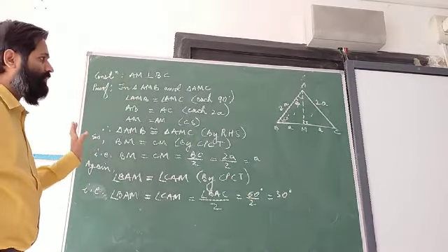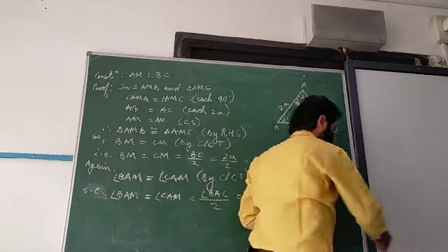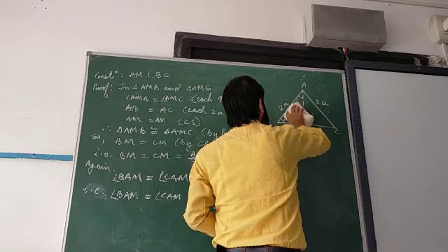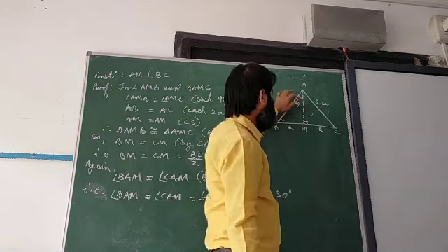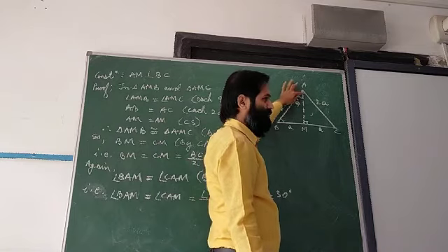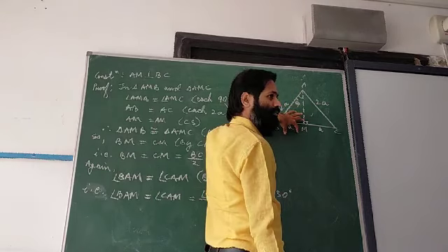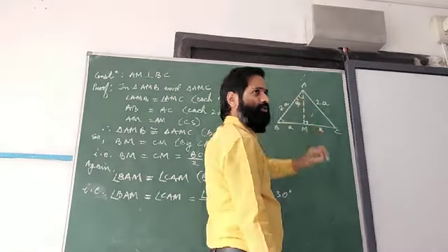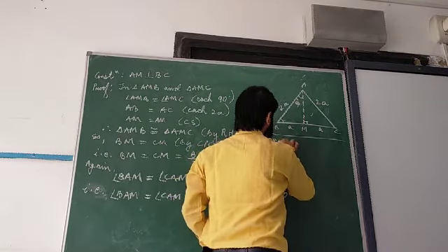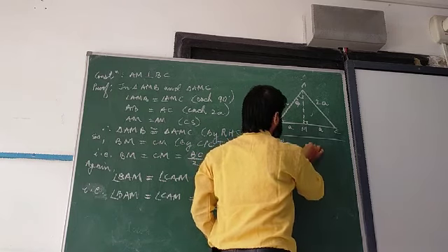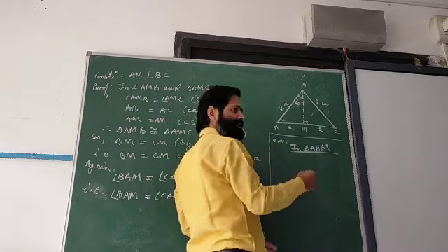Now in this triangle, what was the question? Trigonometric ratio of 30 degrees. That means theta is 30. This will be base, this will be perpendicular, and this is hypotenuse. We know hypotenuse, do we know base? So we will apply Pythagoras theorem in this. In triangle you have to mention which triangle, ABM or ABC, whatever. We can apply directly.